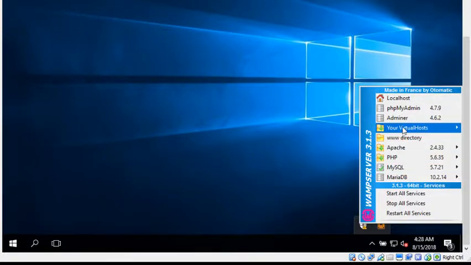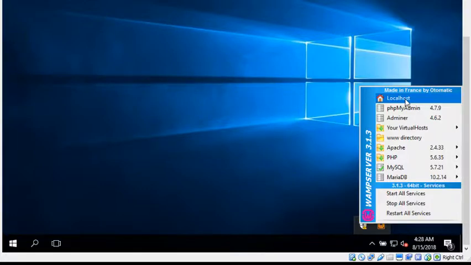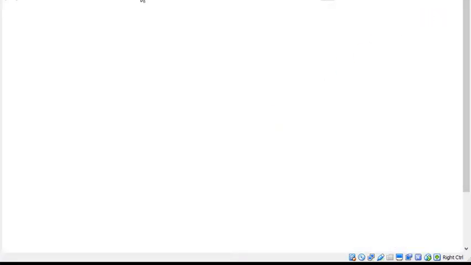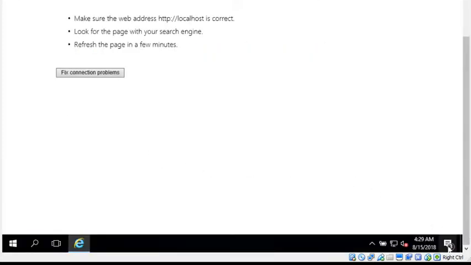The menu will show the localhost, which is the web server, which is the link to the web page hosted in the web server. The web server is not running, so it will give error. See, now